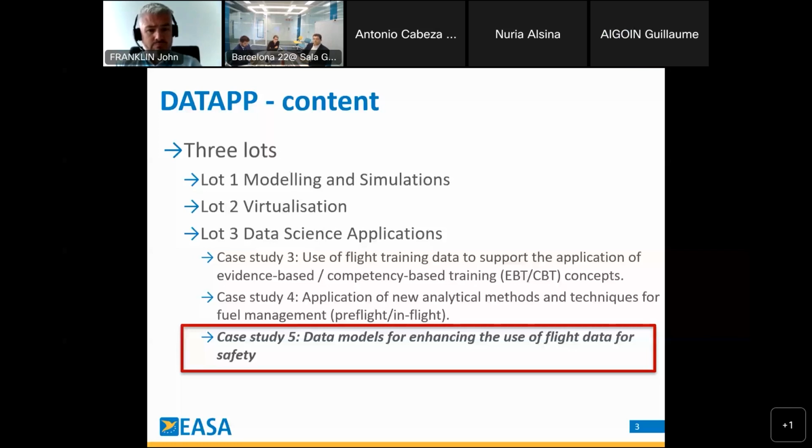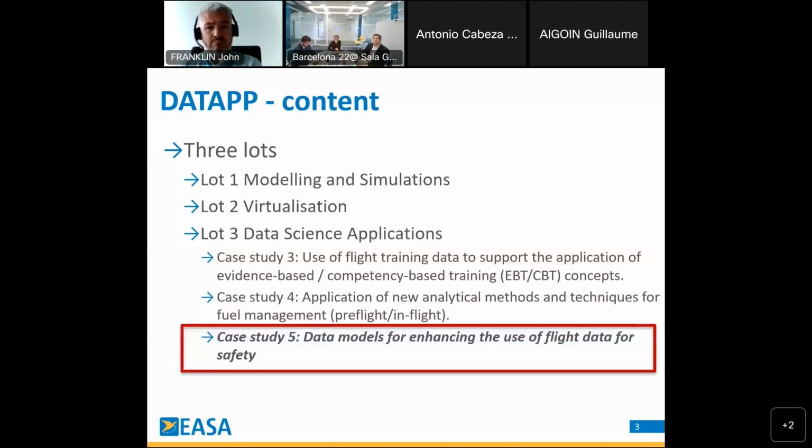And finally, we also would like to investigate how to use in combination flight data and training data, especially in the context of evidence-based training that has been introduced recently in our regulatory framework. To help better assess the effectiveness of training programs, and also to see how training data and FDM data could be used together to better help assess what is observable in behaviors and competencies. So these are basically